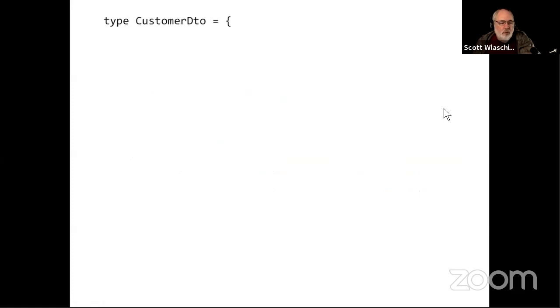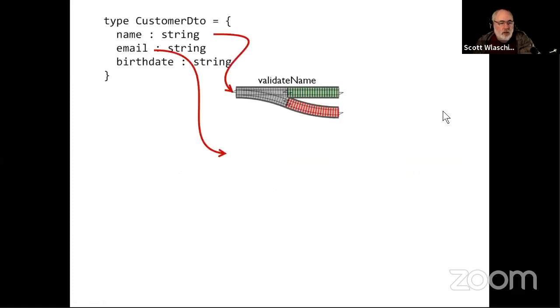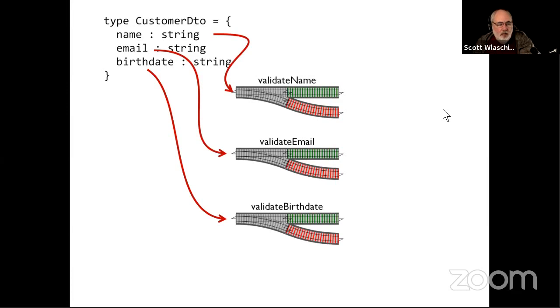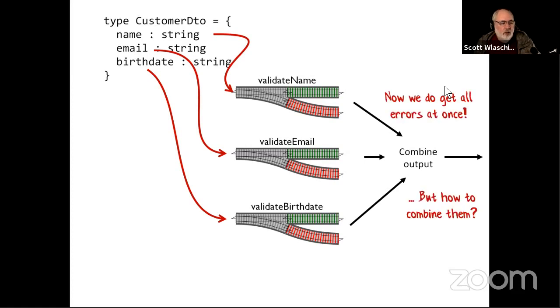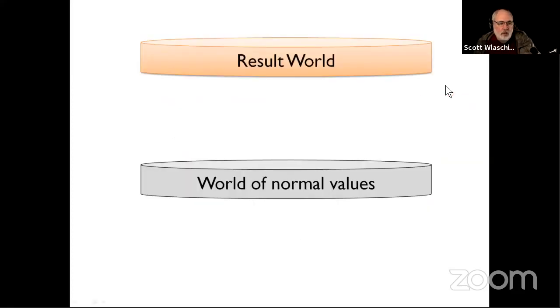So what we really want to do is do each validation separately and then combine the output into a single thing. So think of it as kind of doing it in parallel. We do each of these things independently and then we combine them. And that's much nicer because we get all the errors together. So how do we combine them? Well,